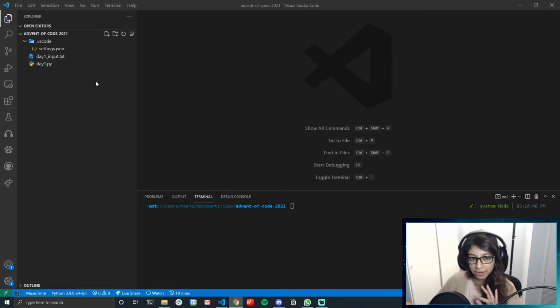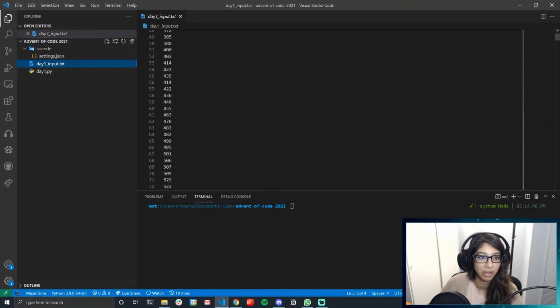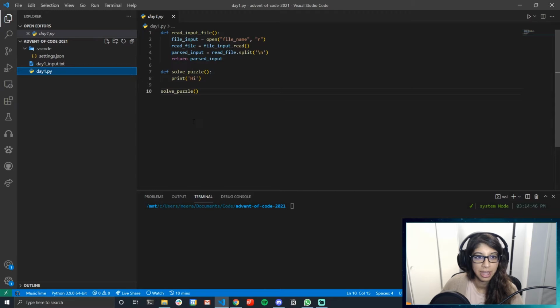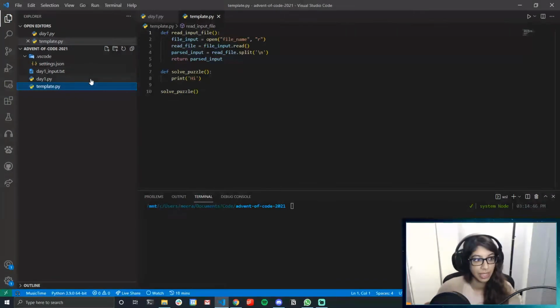So I've already kind of set up my environment just to have everything ready for all of y'all. We have all the inputs here, and I just made this template, which I should actually clone. All right, so day one,